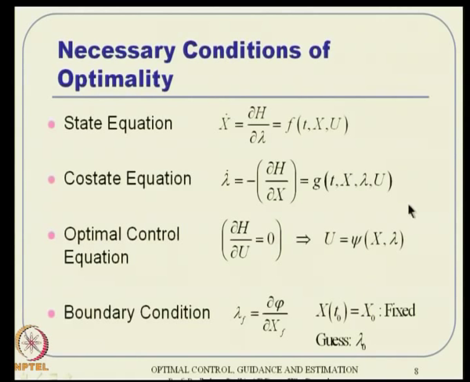Okay. So, then this u will be eliminated from both the equations, and you will end up with x dot as a function of x and lambda, and lambda dot as a function of t, x and lambda as well. Most of the time we will not discuss this time dependency, but if it is there, it is not a matter of concern, it can be handled directly as it is.